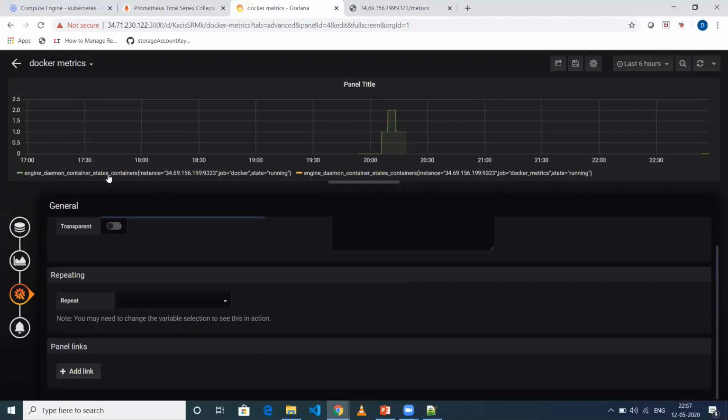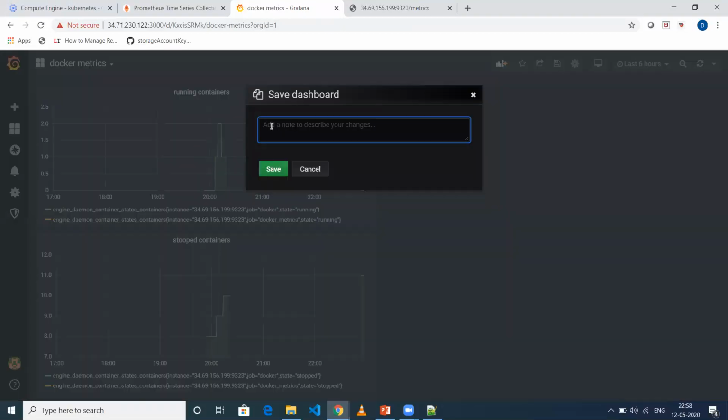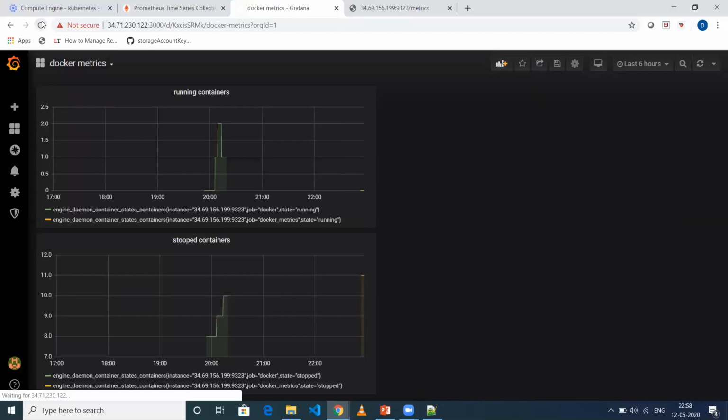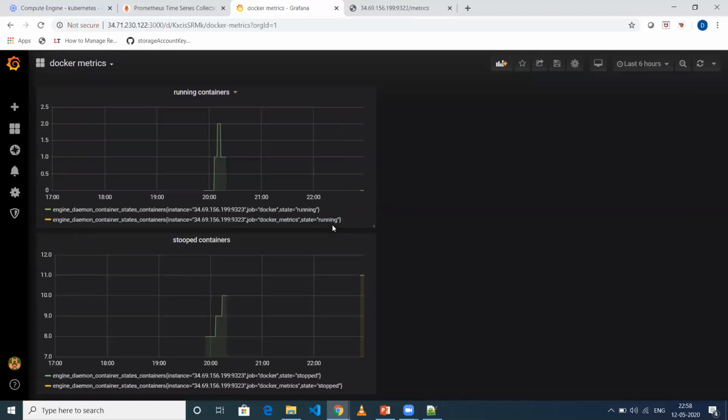Then you can go back and save. I've added the running containers panel. Now when I refresh, I'll have these two graphs.